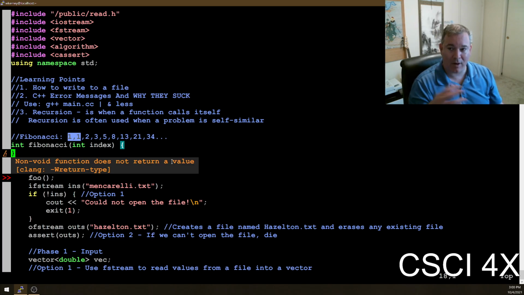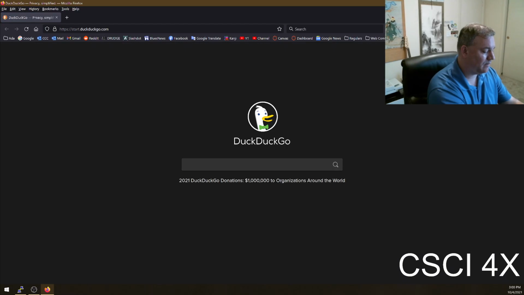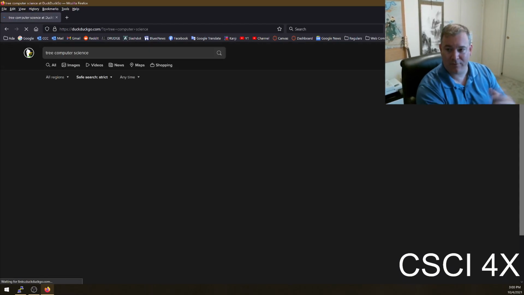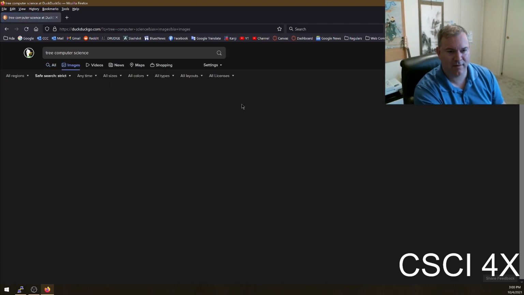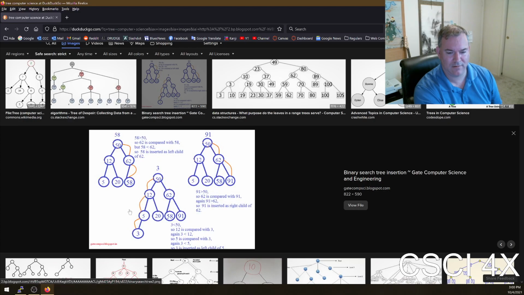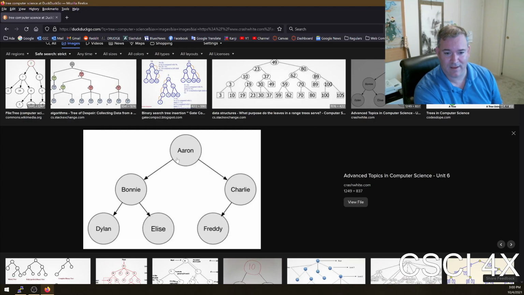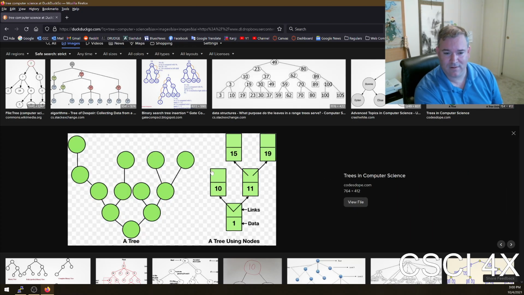So anytime you have a problem that's self-similar that way, like in CSI 41, you're going to learn about trees. Trees in computer science don't refer to marijuana, although they can, depending on who you talk to. A tree in computer science looks kind of like this. The root of a tree is in the air, and the leaves of a tree are on the ground for some reason.